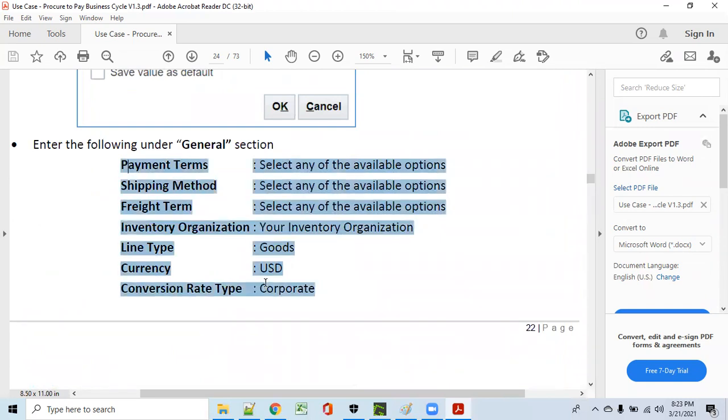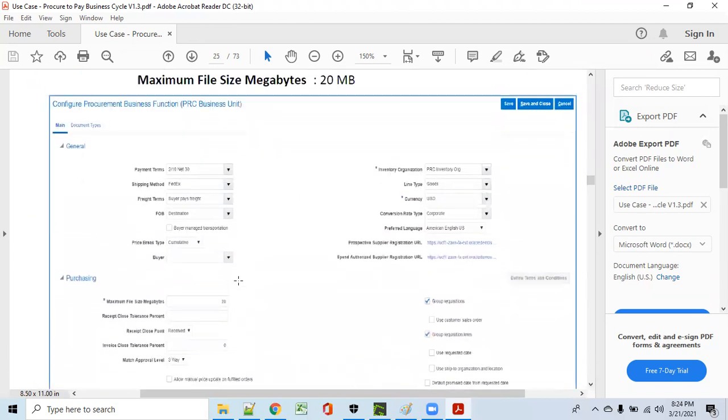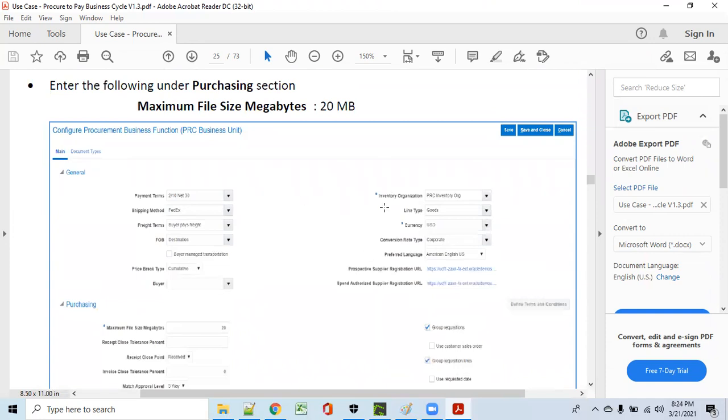Here you need to define some default values: the payment term, shipping method, terms, the inventory organization which we have defined, the line type, currency, and conversion rates. These things we already defined. Currency we defined using the ledger, and payment terms and shipping method are also required.